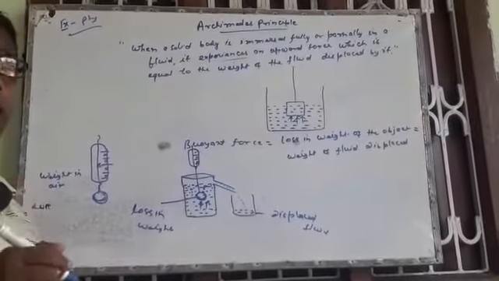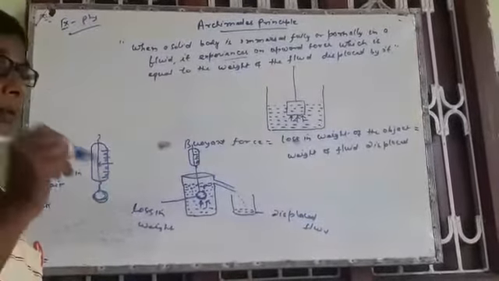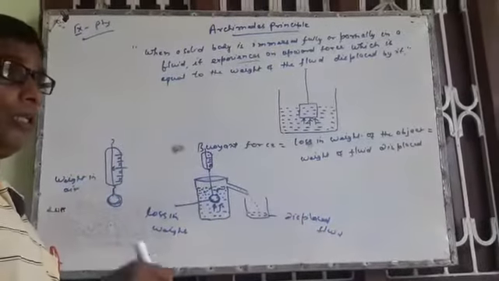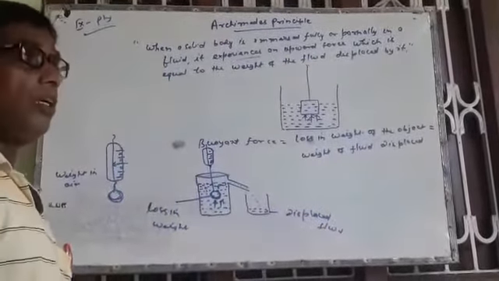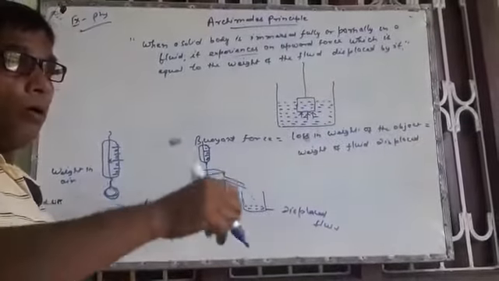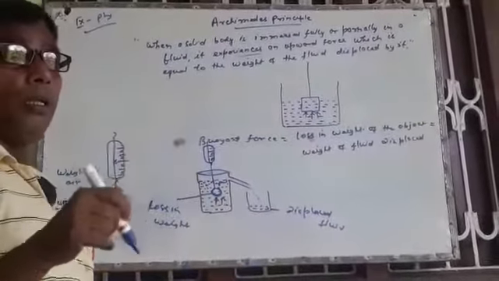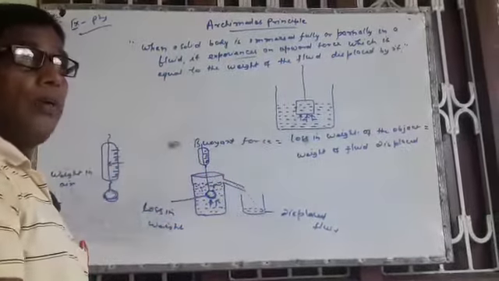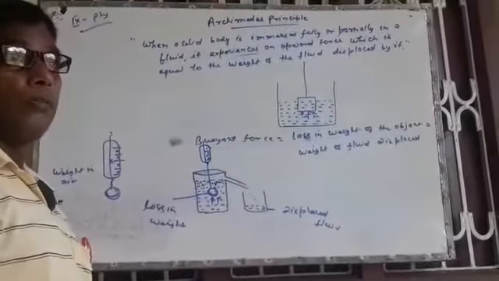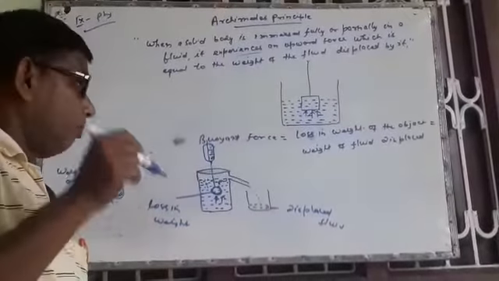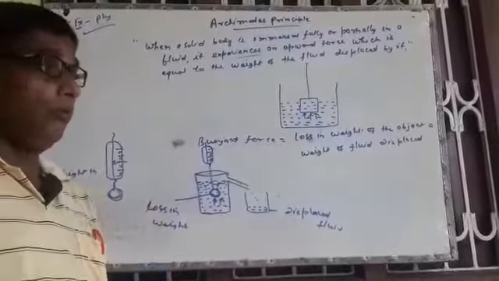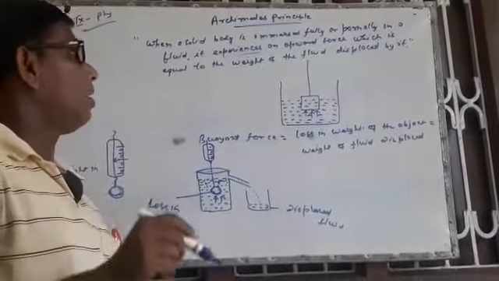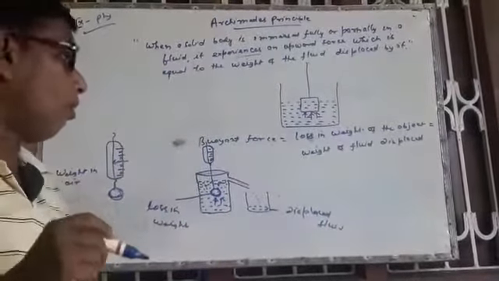We have to observe this in our life. You take a bucket, tie a rope to the bucket and dip it fully in a well. When the water is filled in the bucket, you take it out of the water level. It is very heavy. But when you dip it, holding the rope in your hand, inside the water, it becomes lighter. What is the meaning of it? This means when any object is immersed in water, in liquid, there is loss in its weight. A similar thing happens in the Archimedes principle also.